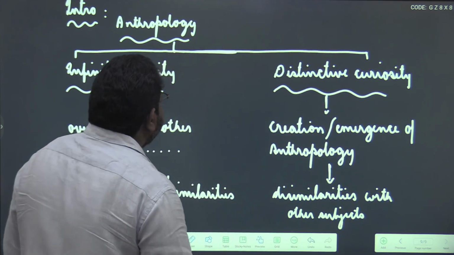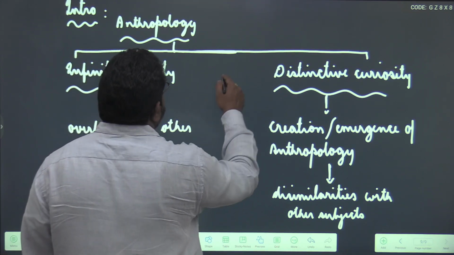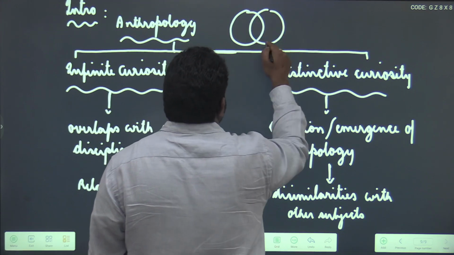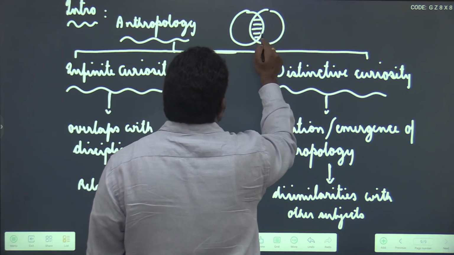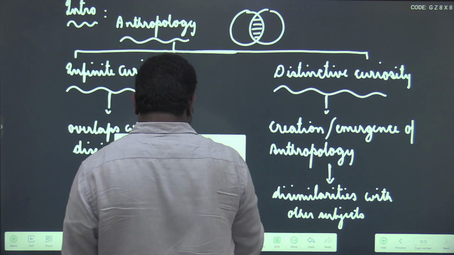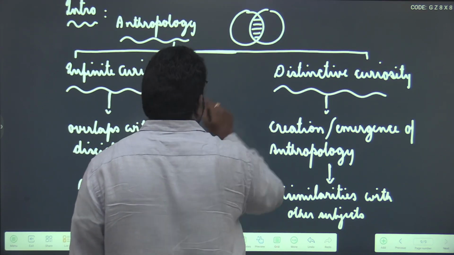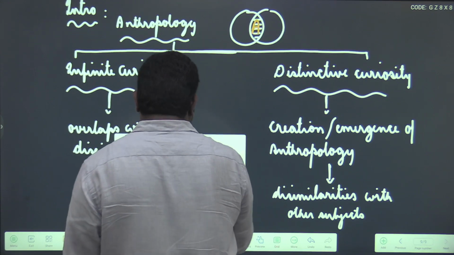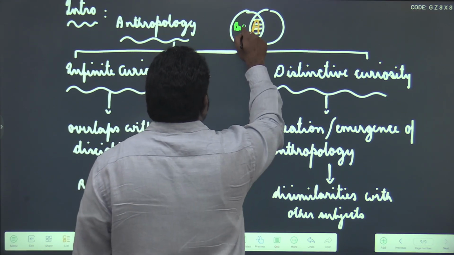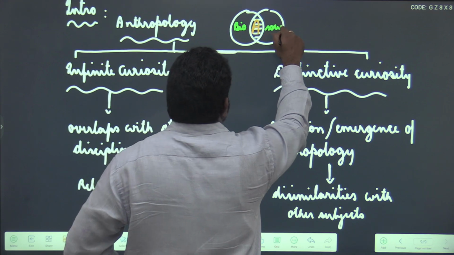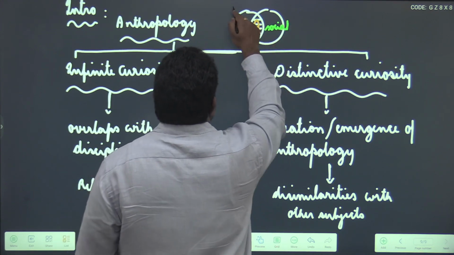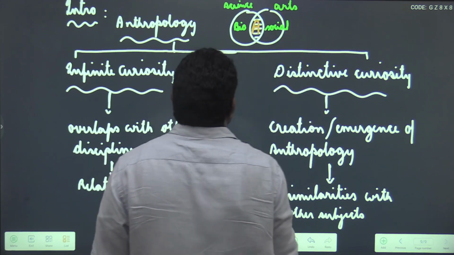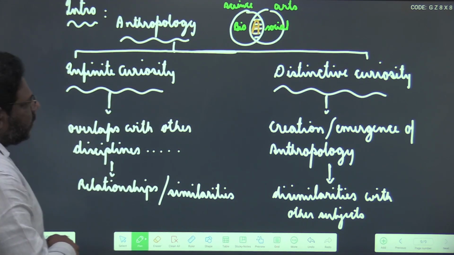So maybe in this perspective you can say that anthropology is a biosocial science. This is anthro. So here, biological science, social science, or half science, half arts. So this is the introduction,